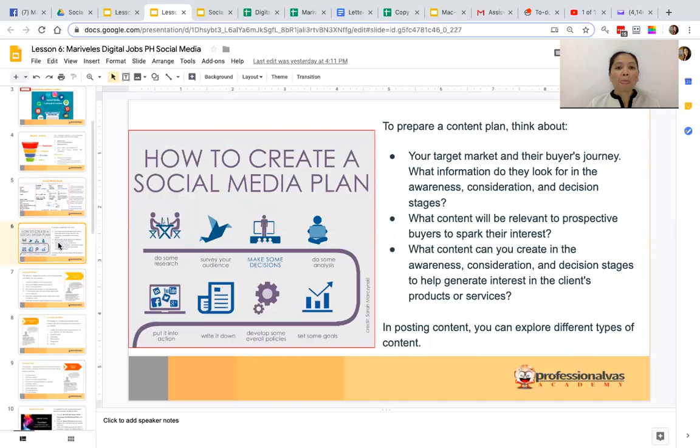Now next, in order to create a social media content, you need to plan your content first. So you have to first research, what do the clients want? What do your customers want? What do they need? What are their interests? What are their ages? Where do they live? Remember our past lessons about ideal clients, about the buyer persona? You have to have a clear picture of your buyer persona, because your contents will depend on them.